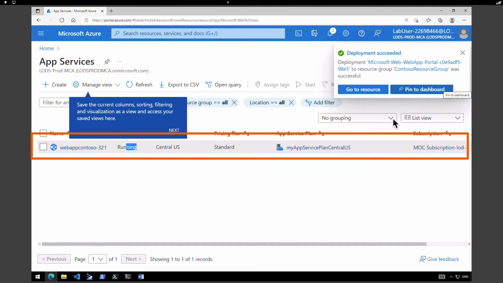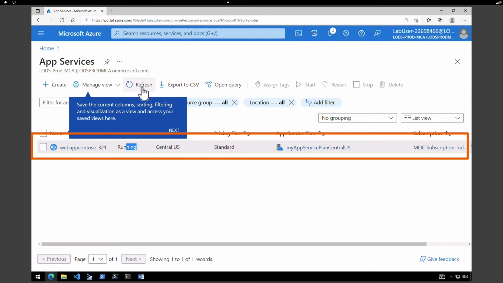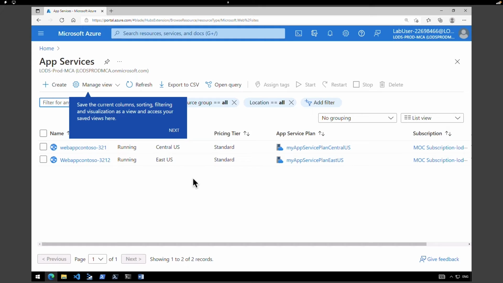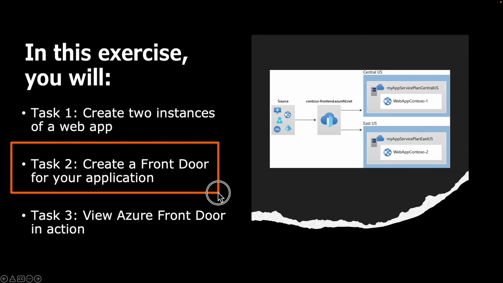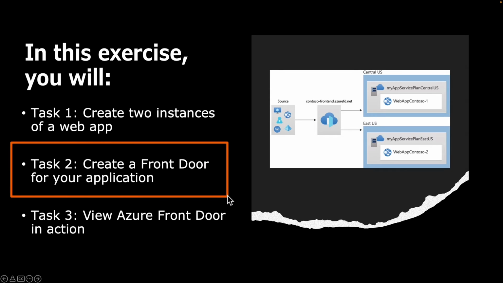All right. So looks like our deployment is complete. I'm not going to go to resource. I'm going to simply refresh this page. All right. So looks like both of our app services are created and both are running in 2 different regions. One in Central US and another one in East US. Now that the first task is completed, let's go and do the second task, which is create a front door